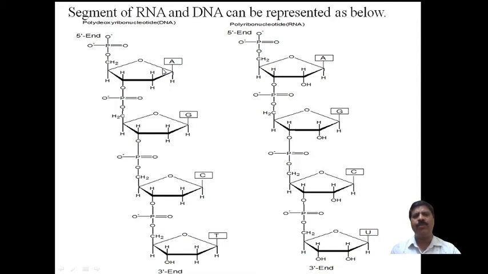Therefore, for deoxyribose the numbering is 1 prime, this is 2 prime, this is 3 prime, 4 prime, 5 prime. This is the 5 prime CH2OH. So this is the carbon atom 5 prime, and therefore this is the 5 prime end. We say it is the phosphate group end, the 5 prime end. Here adenine is here, and this is 1 prime, this is 2 prime and 3 prime. At 3 prime, the OH group will be there.